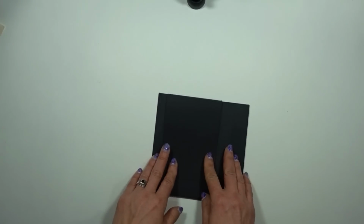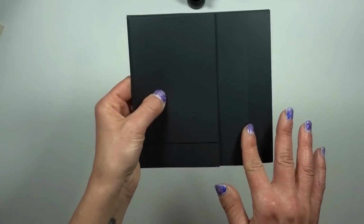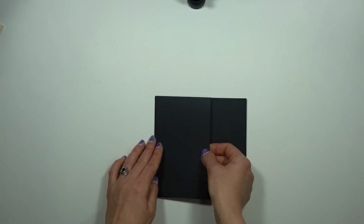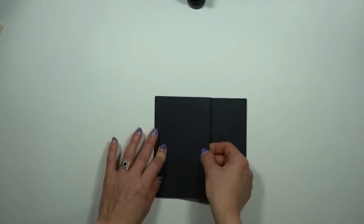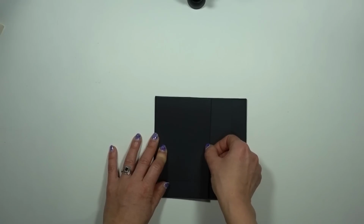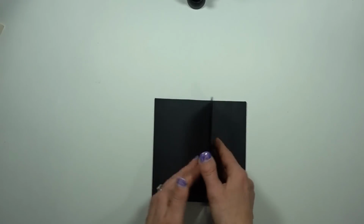So I wanted to make this album all about choices for you. So I think I'm going to have it so that it is over here, and then I'm going to put some swing tabs on this part. Okay, so that's where I'm going to put it, but please feel free to do whatever your heart desires. So I'm going to line it up with the left edge, and I'm going to adhere it down. Okay, so now it opens up and to the side that way,